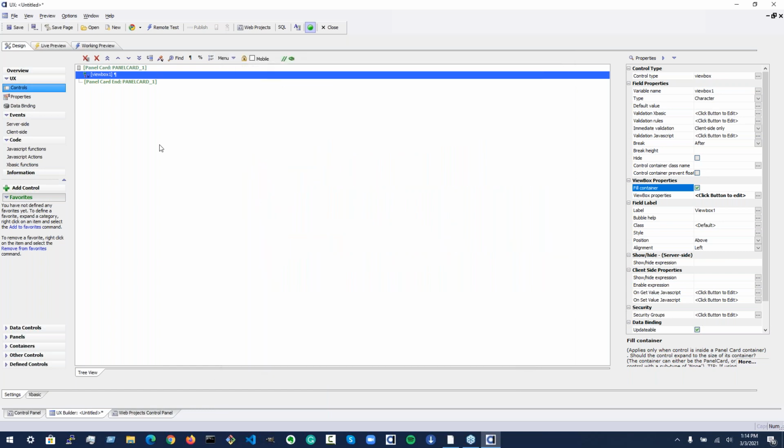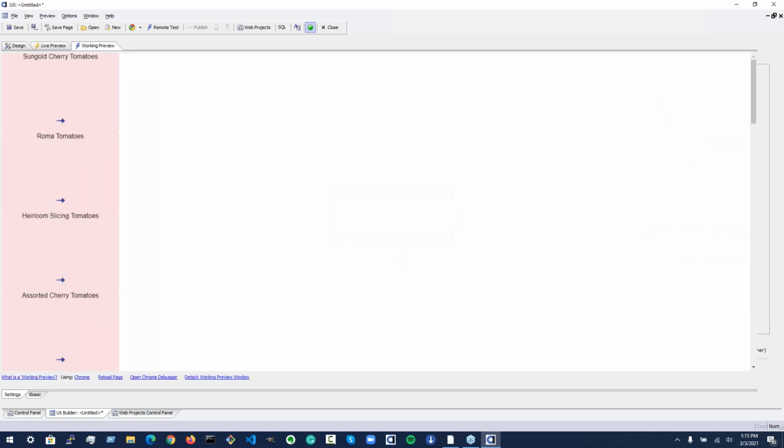I'm going to click OK. Make sure this is set to fill container. I've put it in a panel card. And now I'm going to go into working preview. So this is that template default out of the box. You click on this button icon, it's going to flip back and forth. And apparently just for the first one. Anyway,